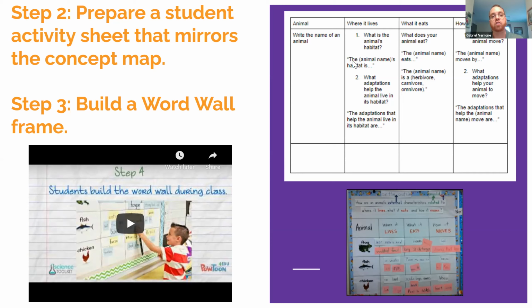And I would have them respond: the frog's habitat is the swamp, right? So they put the animal name. And if you're thinking, well, my kid's not going to understand that, you can just put a blank and either put a picture or whatever you need to put there. You can cue them. And then I want them to specifically answer what adaptations, and I've used one of my vocabulary words, help the animal live in its habitat. The adaptations that help the animal live in its habitat are, in the case of the frog,